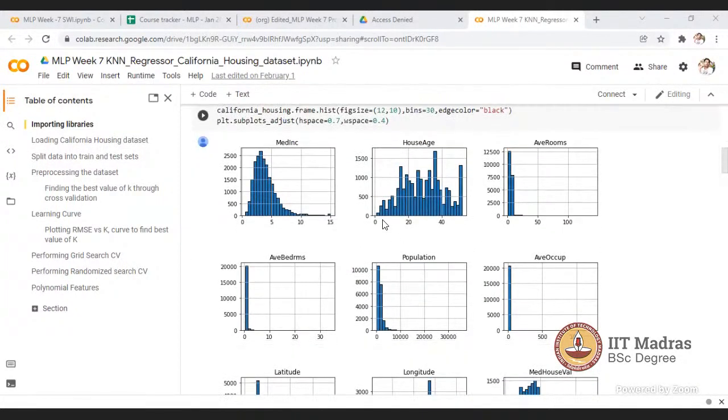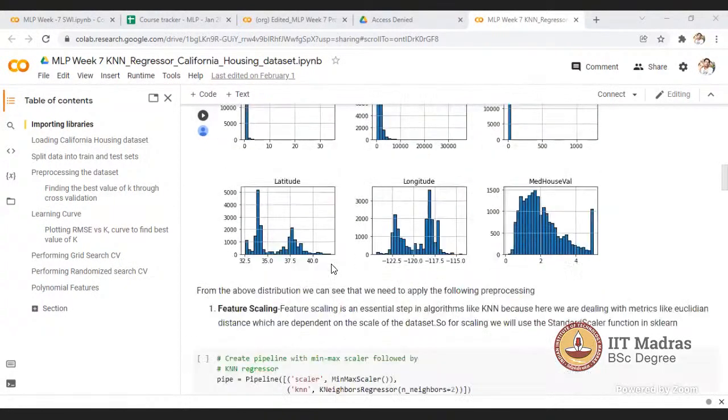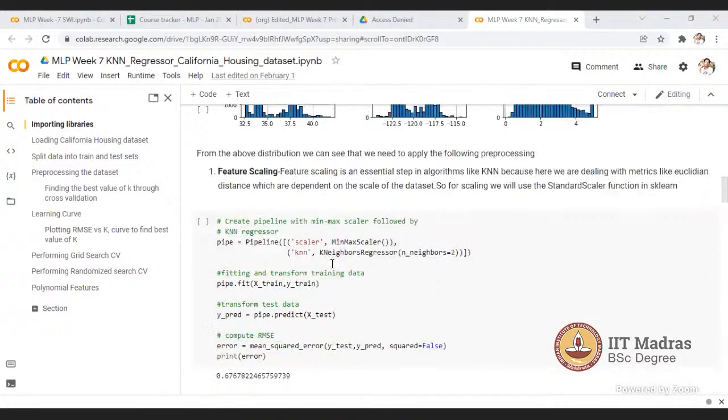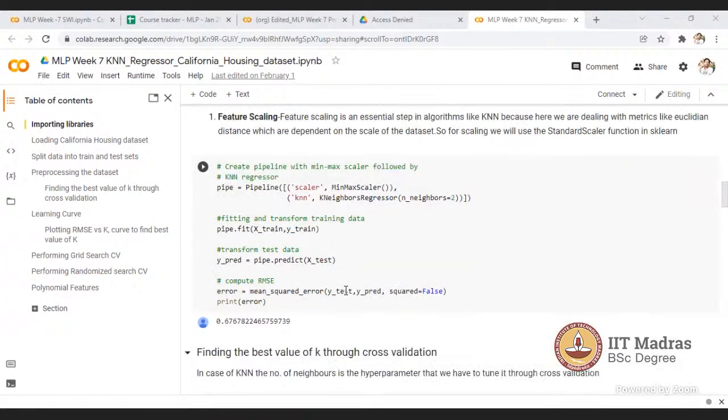We have already worked on this dataset earlier, but here they are using the KNN regressor method. Most of the code you are already able to see in the lecture, because I also saw that no code is hidden this time, particularly in this lecture series.